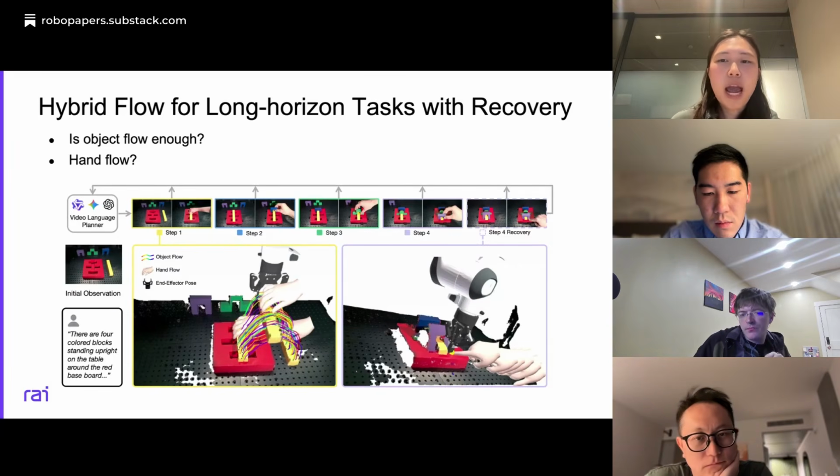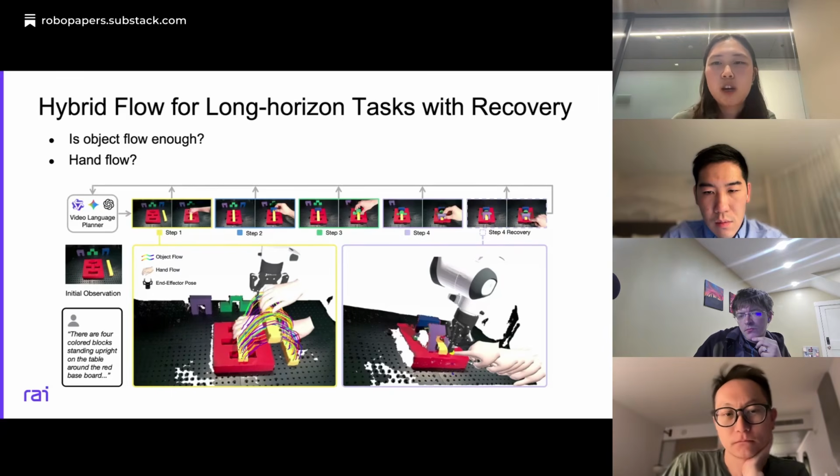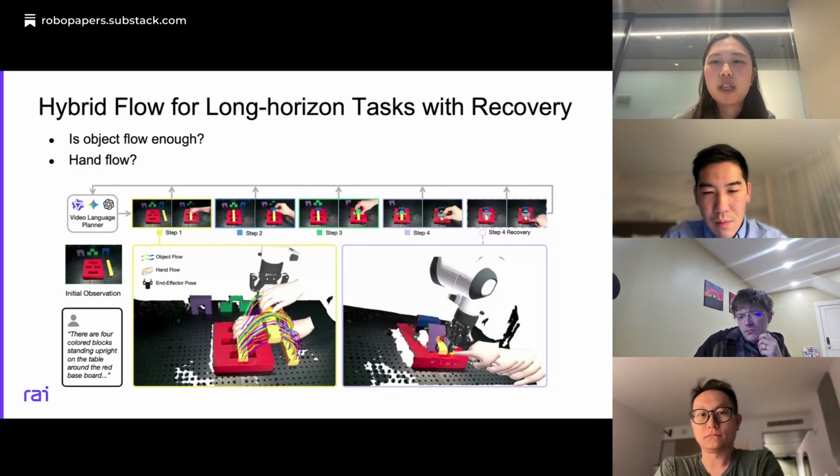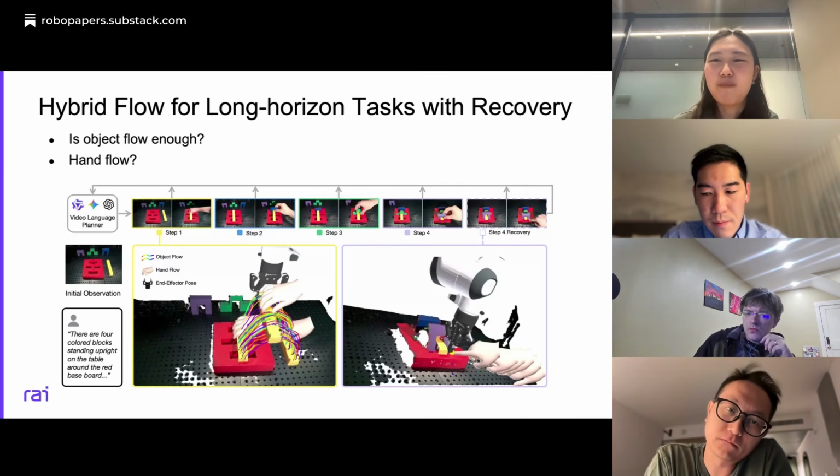But for the hand flow, the hand poses are relatively more stable, and for calibration of the hand poses, we usually just need the first and last depth images, so we can bypass the flickering depth in the middle coming from the monocular depth. So in general, when we cannot solve it using the object flow, the hand flow also provides a very stable way to let the grippers complete the task.